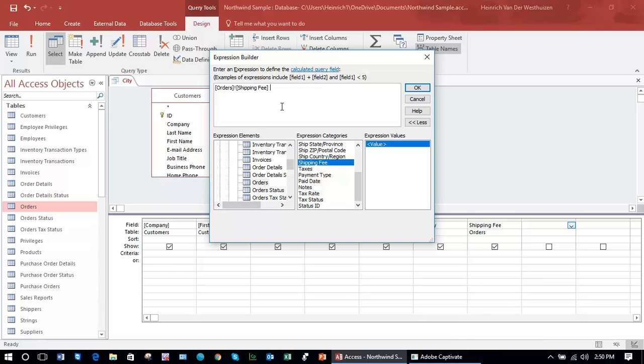What we want to do now is to simply use an arithmetic operator called multiply. That's the asterisk. If I type an asterisk and I want to multiply shipping fee by, let's say, 0.14, I have now created an expression which would take the shipping fee field from the orders table, multiply it by 0.14, and place the result inside of the query result datasheet. If I click OK now,